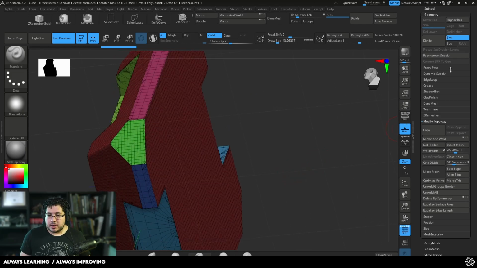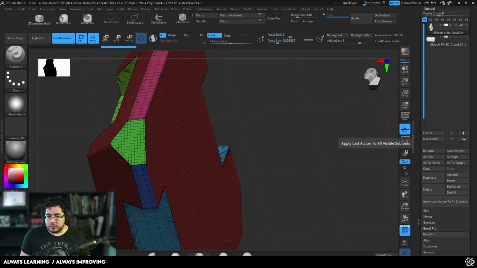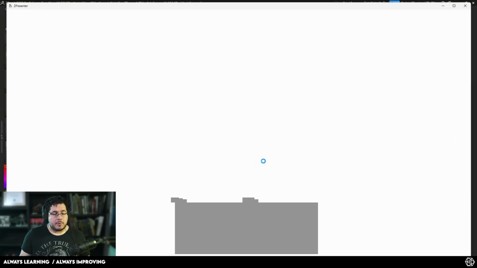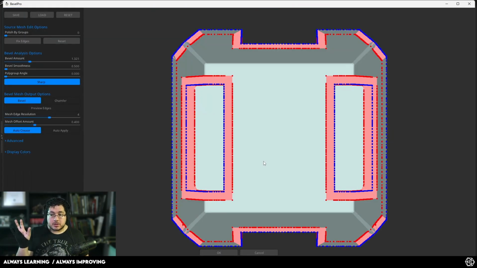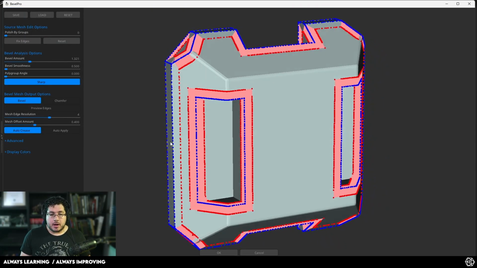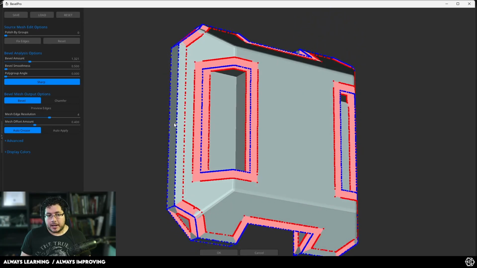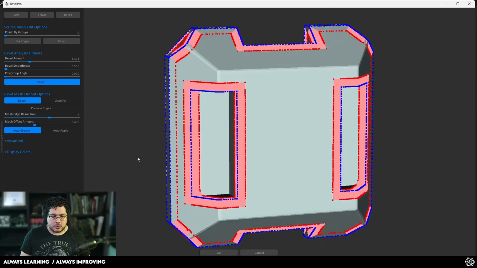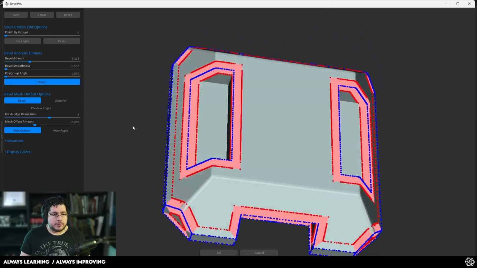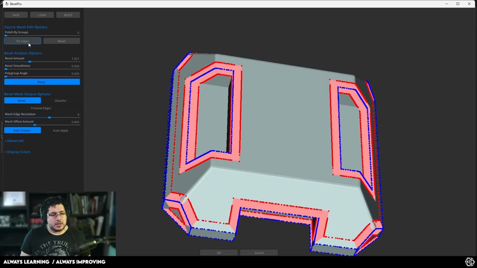Let's try Bevel Pro again. So we go back to Subtool, we go Bevel Pro, and we hit Bevel Pro. There we go. So Bevel Pro is going to open another little software. This is actually another software apart from ZBrush that's using Vulkan, so you need to have a graphics card for this to work, or at least a relatively new graphics card for this to work. And as you can see, we are going to be able to change the bevel amount,